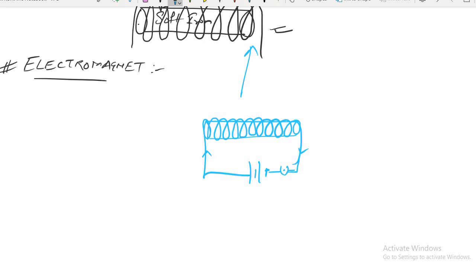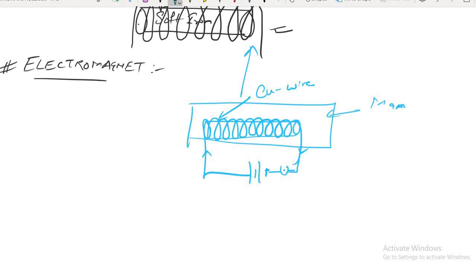And we have wrapped wire over it, and that wire is a conducting wire, rather we will take copper wire, and we are passing current through it. So what's happening? This arrangement is showing some magnetic properties. Or rather, in simple words, it becomes a magnet.